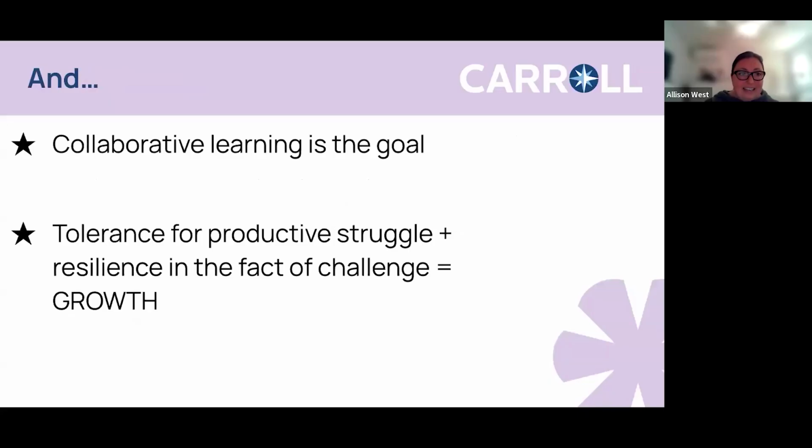And the next, I would be remiss if I didn't mention that collaborative learning is the goal. When we can get students learning together, it really helps optimize that time, and it optimizes our ability to build skills even outside of the literacy realm. And again, this tolerance for productive struggle and the resilience in the face